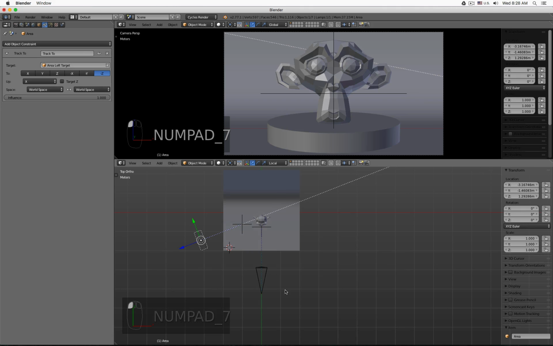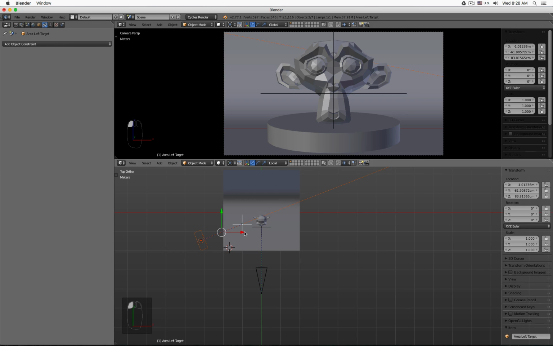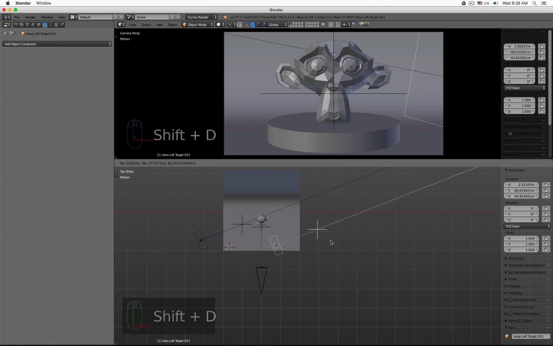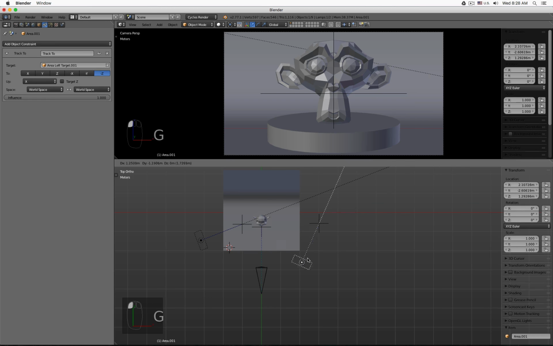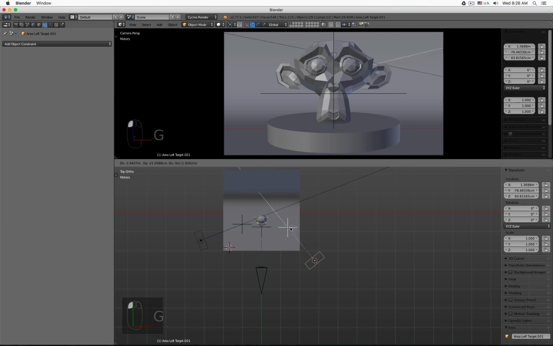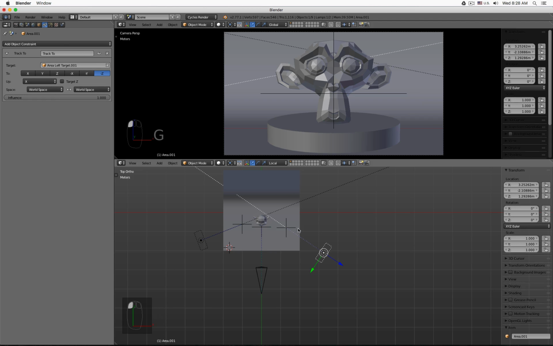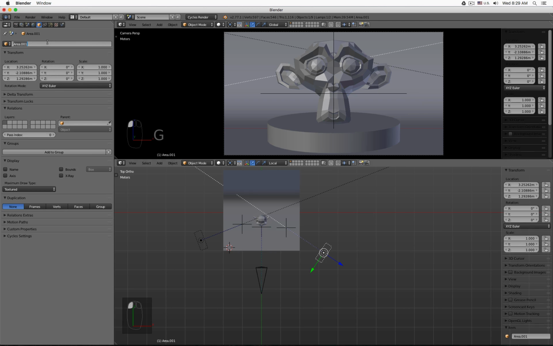Okay, good. We can select the empty and the light, and then Shift D, make a copy, and maybe this empty we move to there. And for example, this now I call maybe right, and this is maybe left,